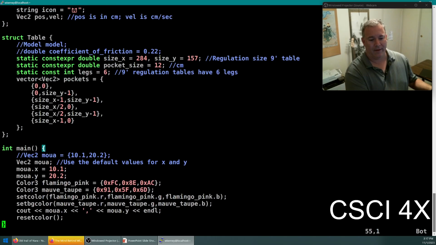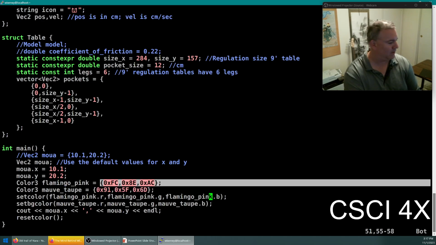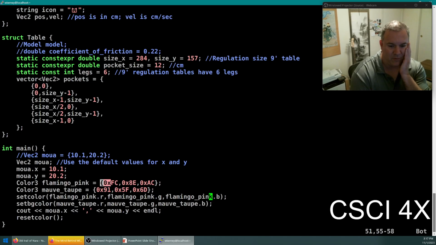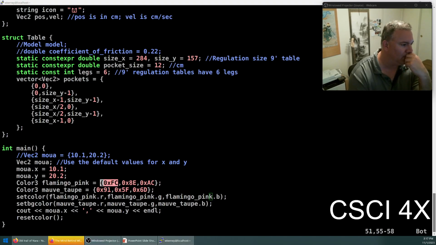All right. Okay. So thumbs up, thumbs down. You guys understand the vector2 class now? Whenever you make a variable of type vector2, you get a .x, you get a .y. And then every time you make a color 3, you get a red, a green, a blue, and a hex. Don't worry about hex. It's just a different way. It's a whole lecture, but